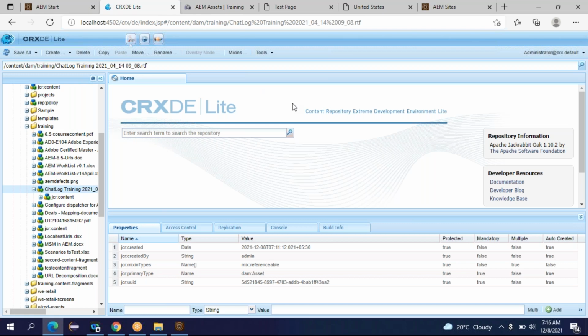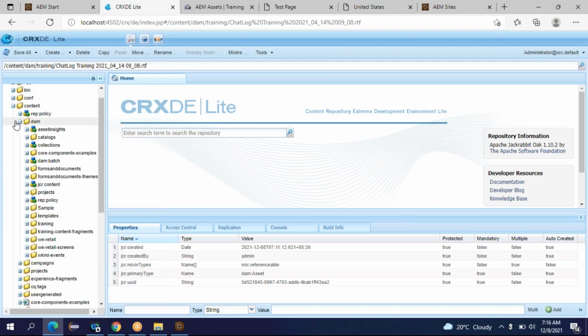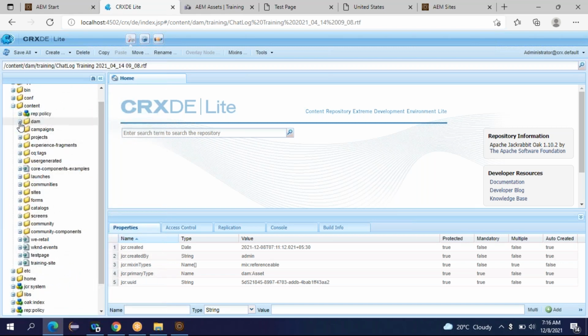Functionality is the same. Where will it be stored? In content, under your own website. There it will be stored. There won't be any folder difference. No differences.